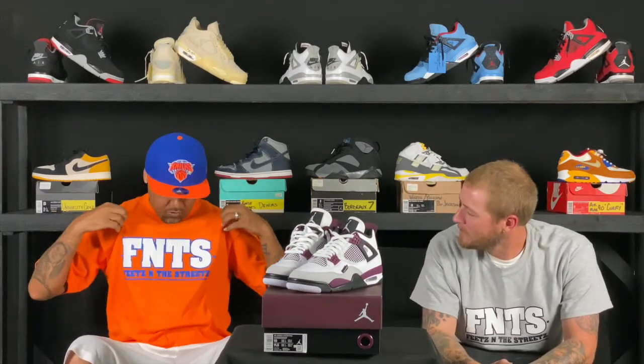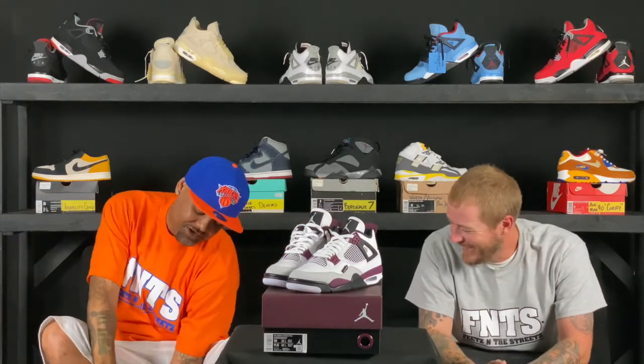So at the same time, I went with the orange Feet in the Streets with the royal and white, you know what I mean, with the Knicks hat. So I'm pretty sure y'all know what I got on today. I went with the Knick 3s that released earlier this year or late last year? Yeah, it was last year. Yeah, last year. I don't remember, but I know it was a minute ago,